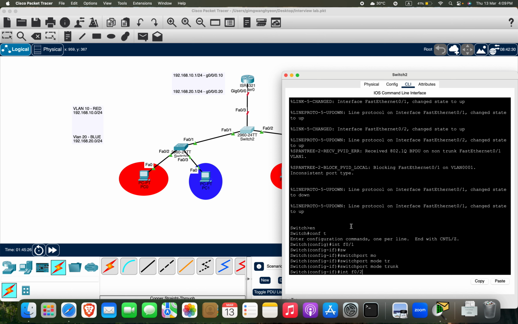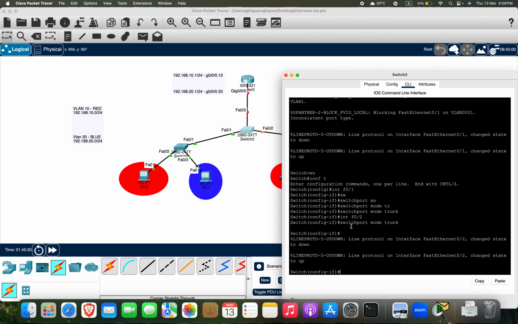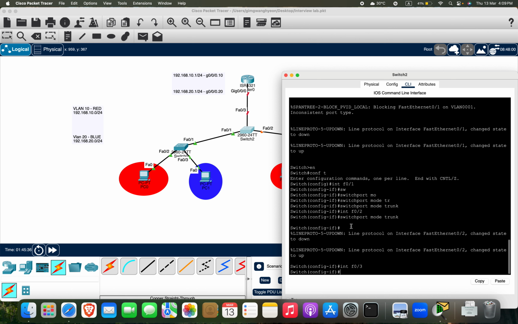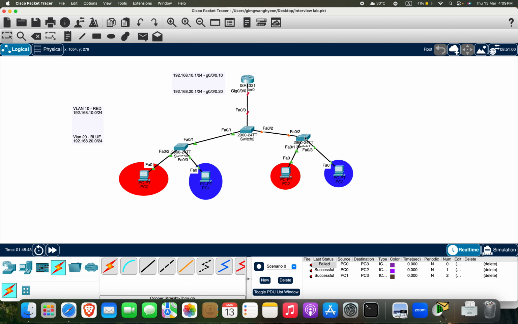Interface fast 0/2, switchport mode trunk. It's lying down like what happened in the last switch. Interface fast 0/3, switchport mode trunk. Exit. Okay, on the switch,